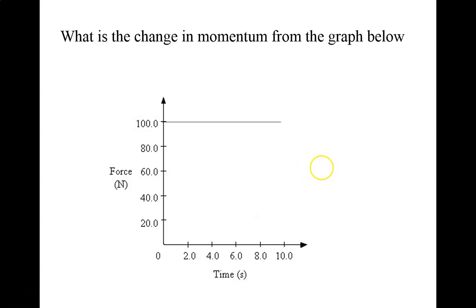So let's say I wanted to figure out the change in momentum from a graph. Sometimes the AP exam will throw graphs at you, probably in a multiple choice question. And they say, what's the change in momentum? Well, we know that impulse equals the change in momentum, and change in momentum equals force times time. We have a force of 100 newtons times 10 seconds, so that would be 1,000 newton seconds, which is also,